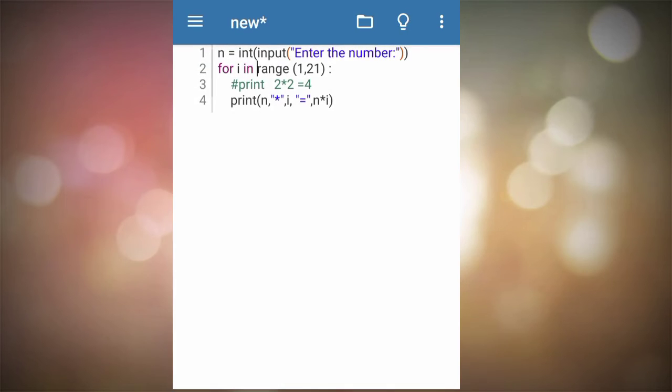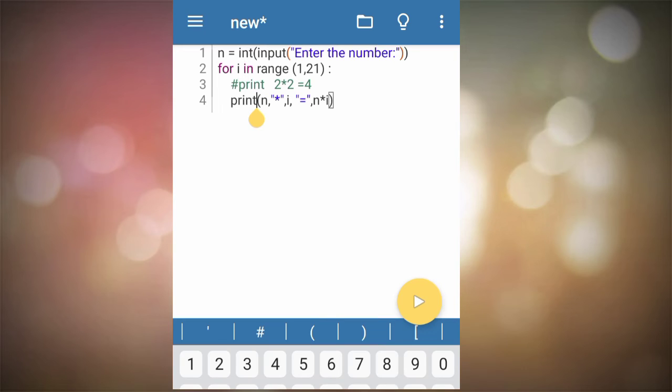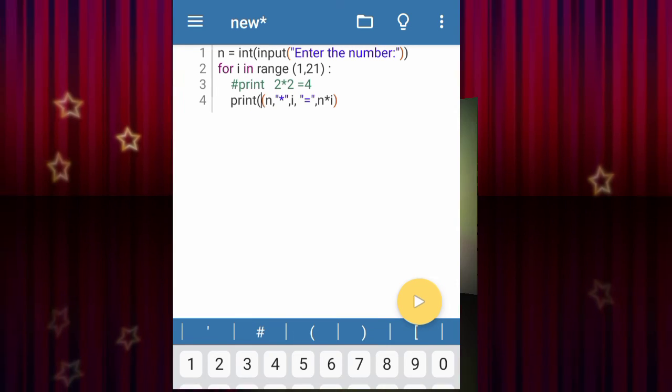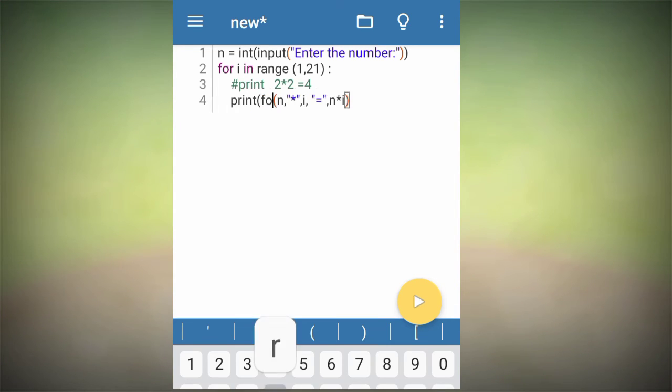Here we will use the format. First we write a format, format.